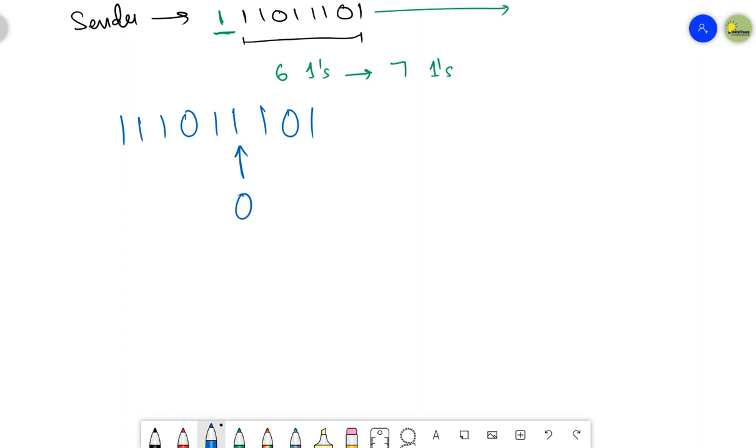or due to the noise that worked on the data, it has been corrupted. So now what happens? Its fourth bit has been changed. Now this particular data is received in incorrect form. Let's suppose it is received like 1110101101. This is the data after corruption that is received by the receiver.